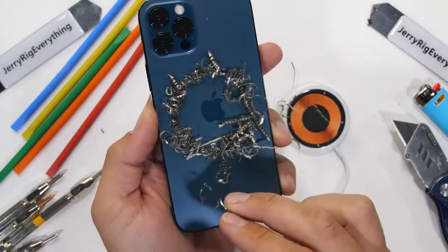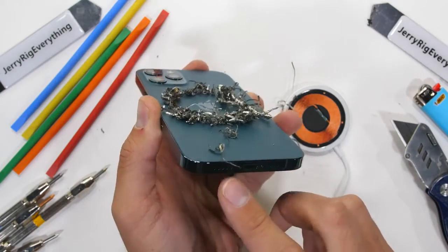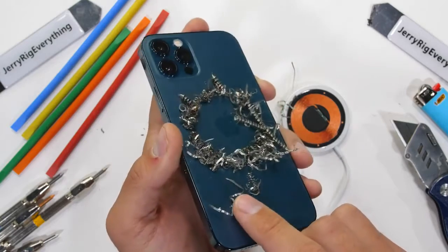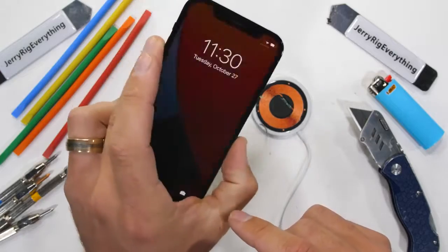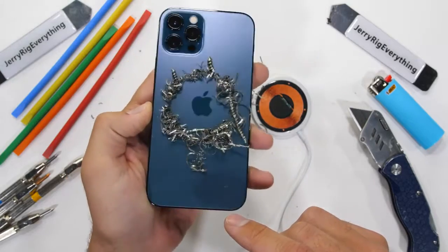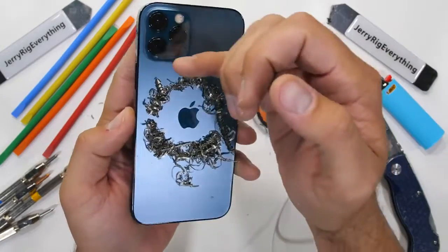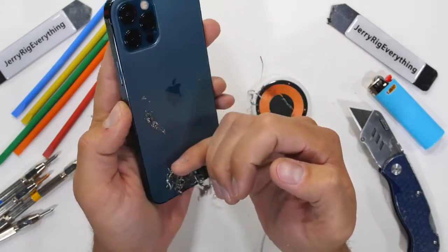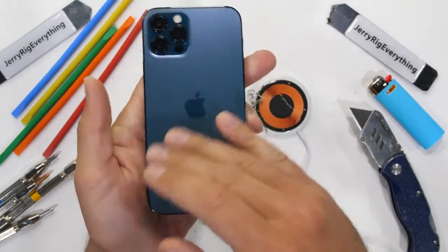It's probably a good idea in general though to keep metal shavings away from your phone. If you remember, the earpiece and loudspeaker are also both made with magnets, so if any small shavings get sucked up inside of the phone, it can tear the speakers to shreds. I'm sure the IP68 waterproofing will help keep the dust and shavings out, but still, it's better safe than sorry. Speaking of being safe rather than sorry,